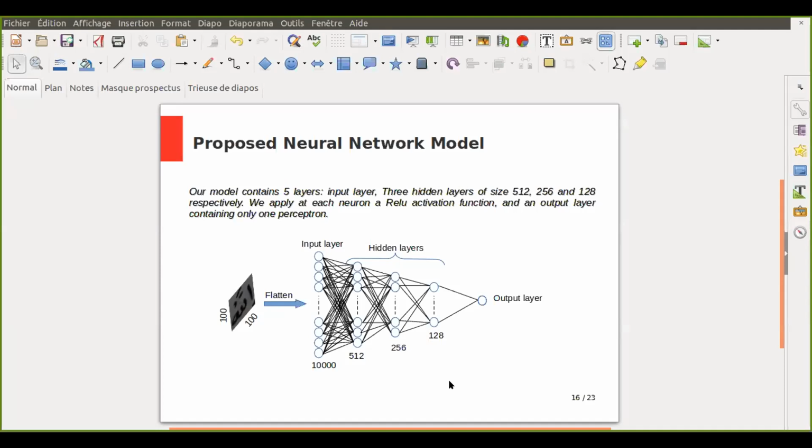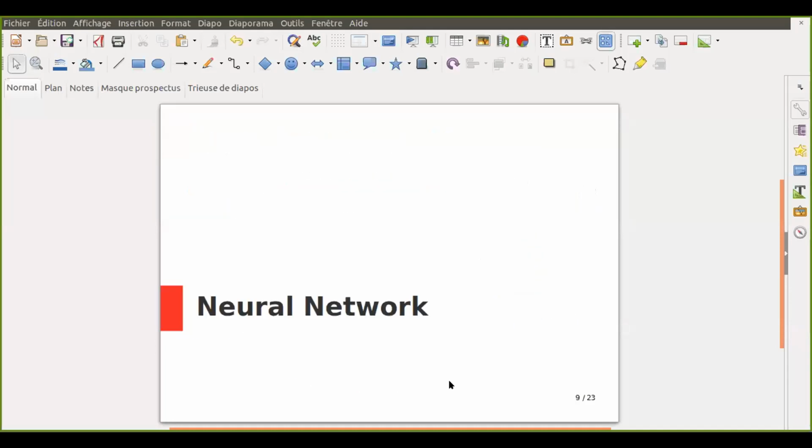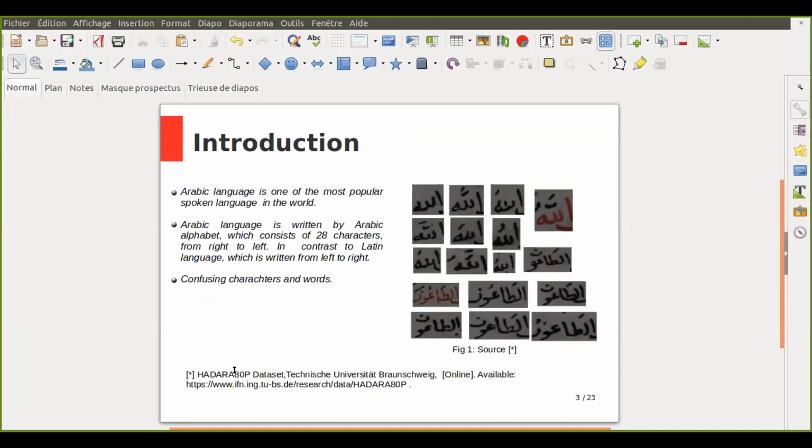Thank you. I have a question, Mr. Nabil. Yes, Mr. Hassan, you can. Before you give the floor to Mr. Hisham, I have a question. I'm asking Mr. Marwan about his database. Is it freely downloadable, or did you collect it yourself? Yes, it is open source. You can find it at this link.